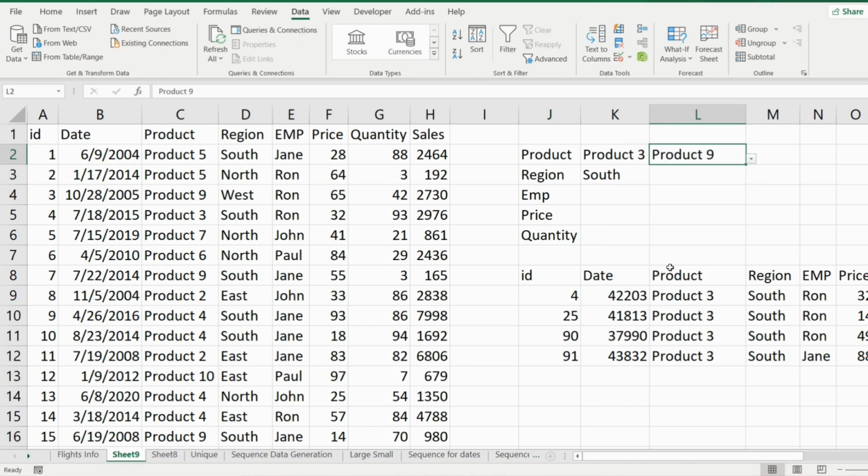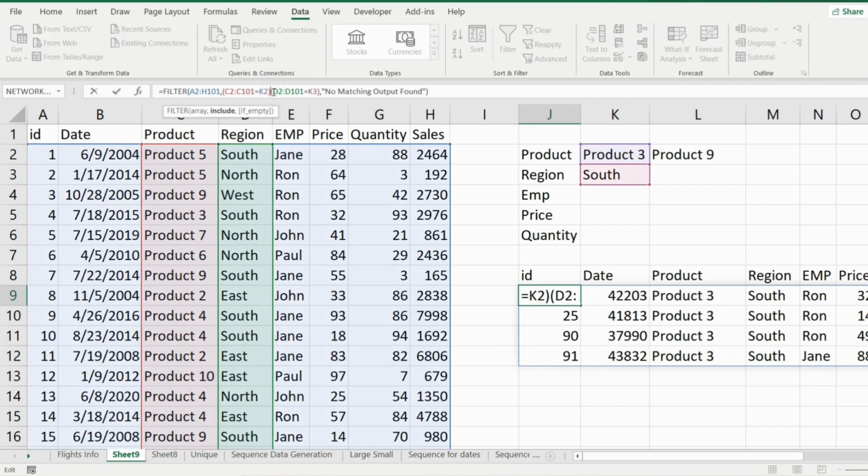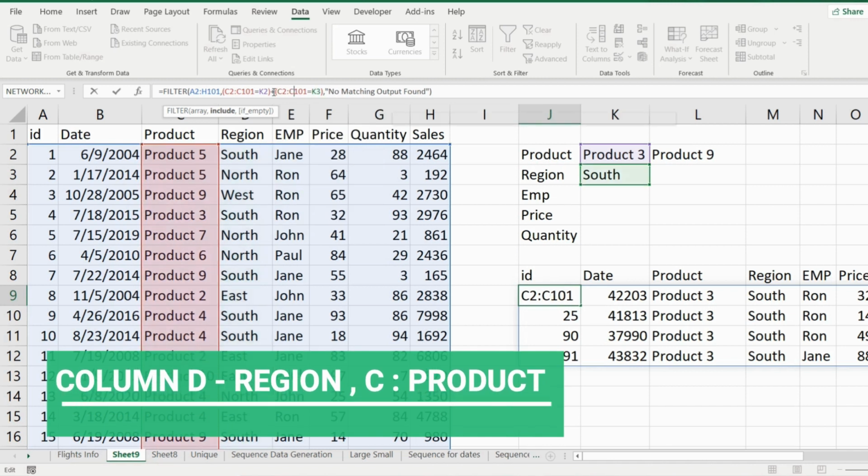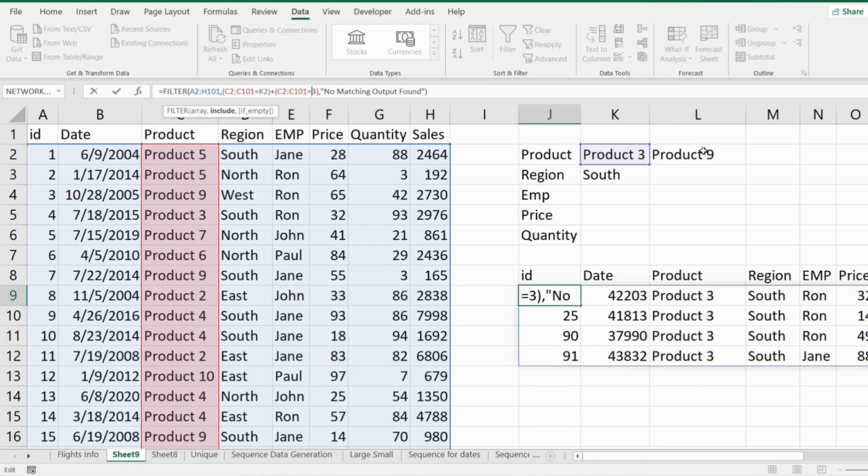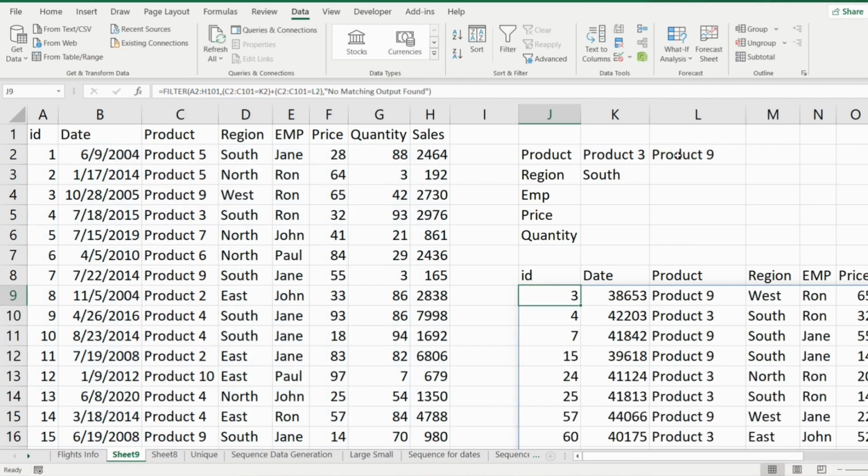We can replace star with plus, and now since we want to reference product instead of region, we can change from column D to column C. Column D is for region and column C is for product. And we will replace K3 with L2 because we want to select this cell value. And now we are getting rows for both product 3 and product 9.